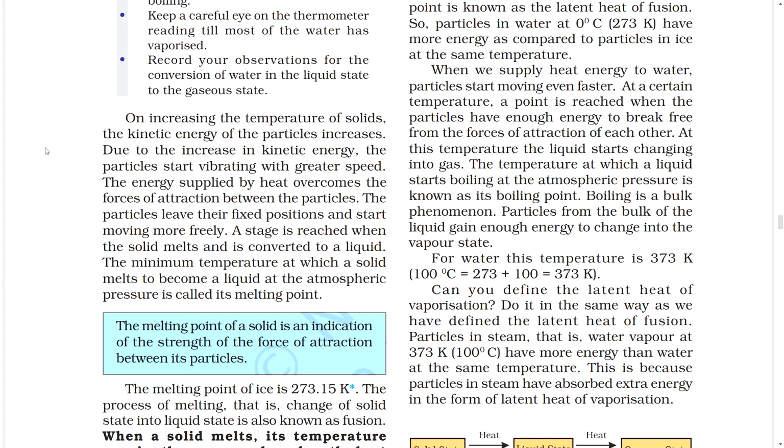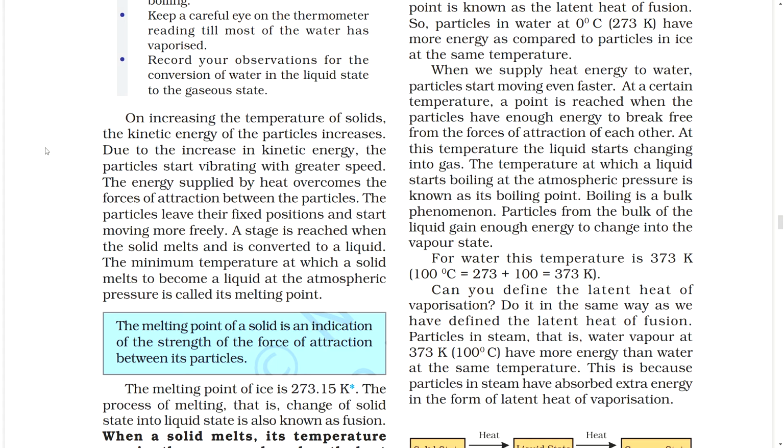The energy supplied by heat overcomes the forces of attraction between the particles. The particles leave their fixed positions and start moving more freely. A stage is reached when the solid melts and is